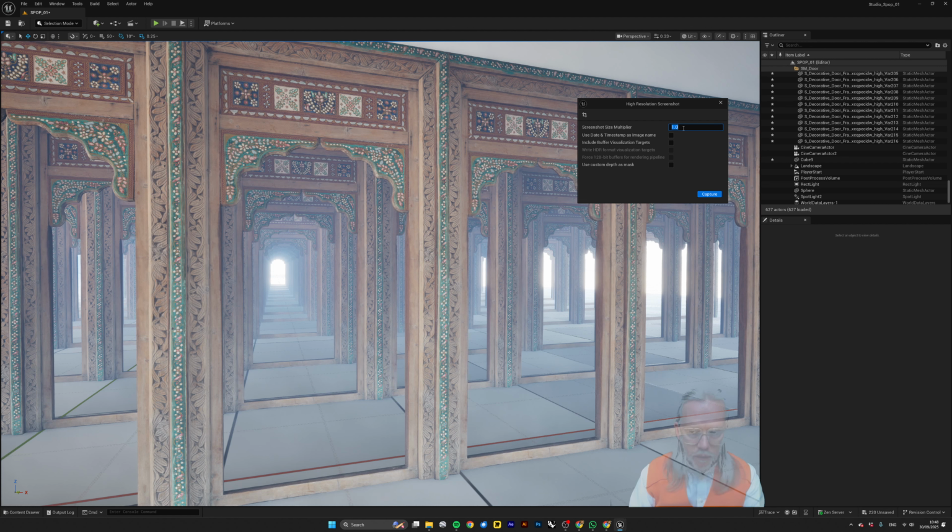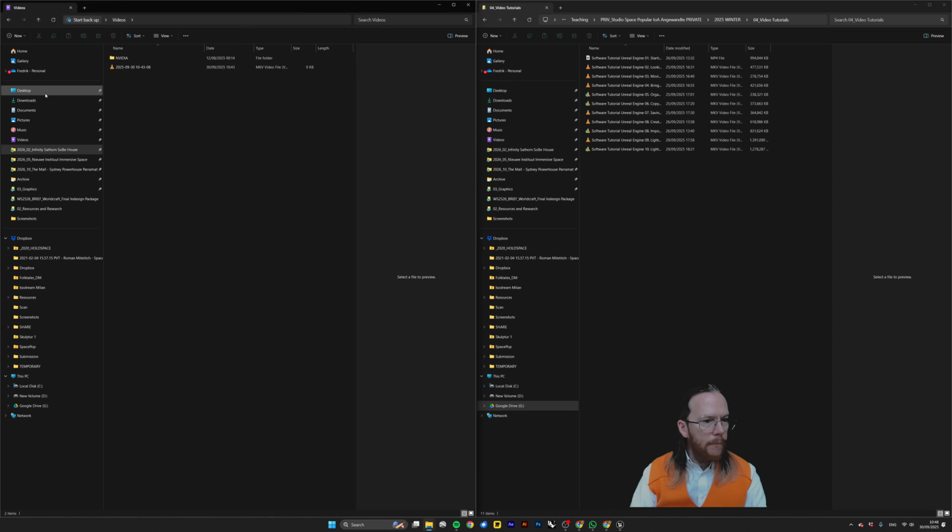So let's say we increase this to 3, and it gives us a warning that it might take longer. So we click capture, and as you'll see, we're up to 3, 4, 5 seconds, maybe 10 seconds or something on my computer. It gets saved automatically within the project folder. So if we open up here,